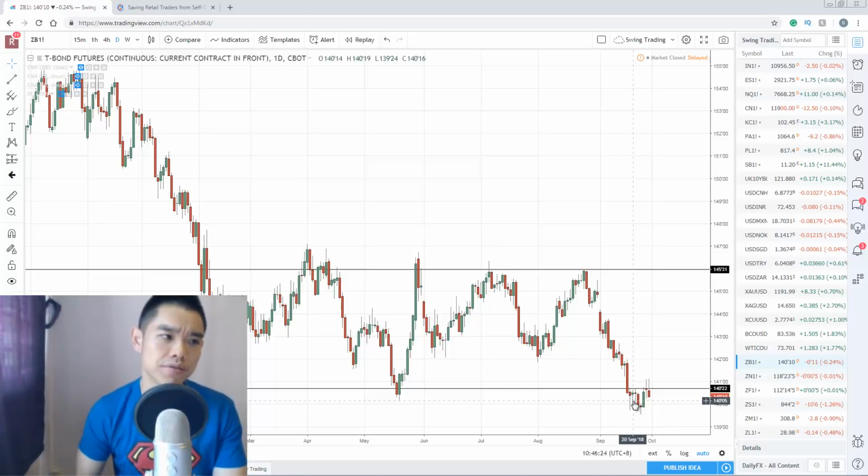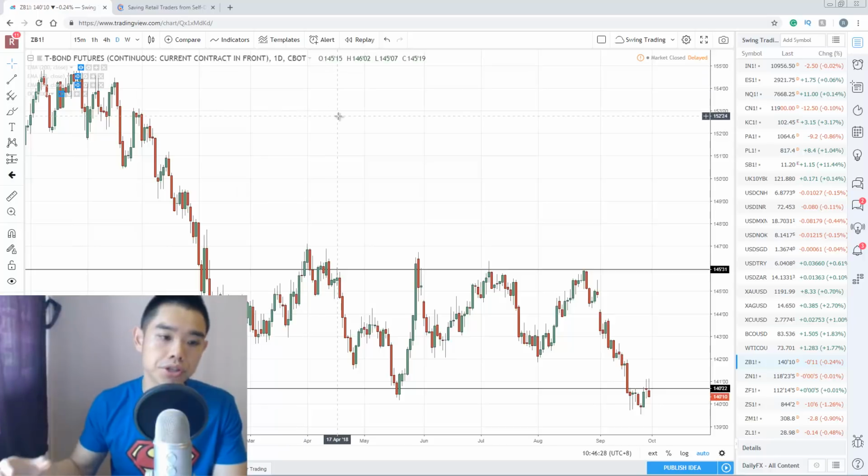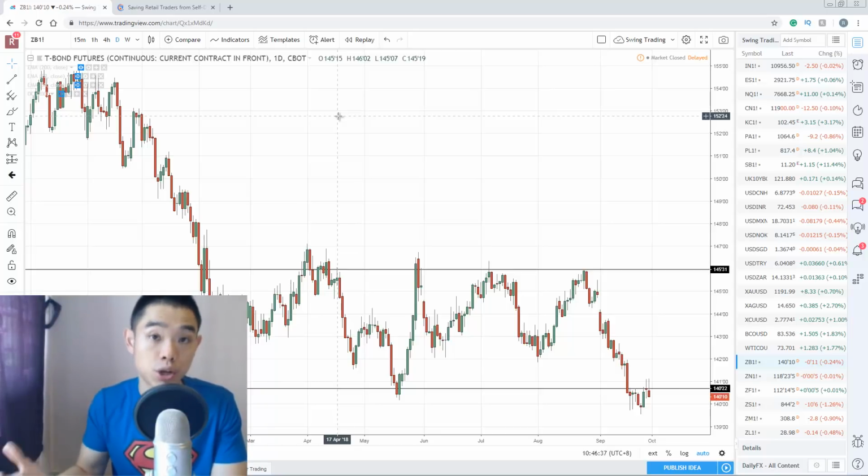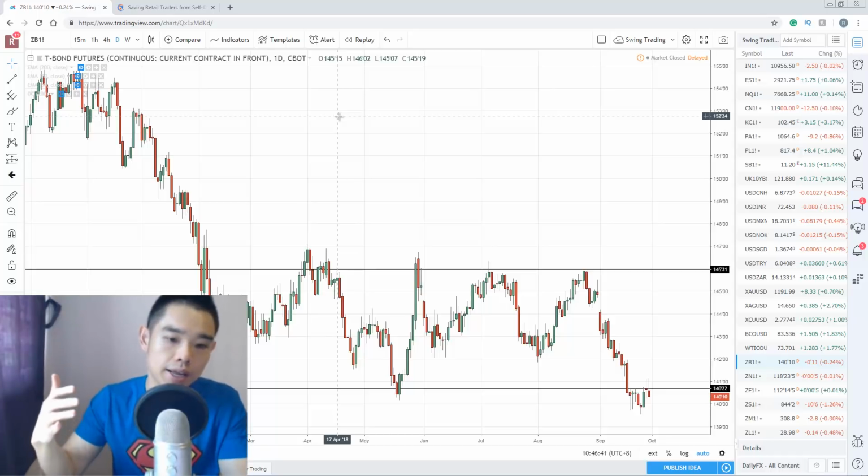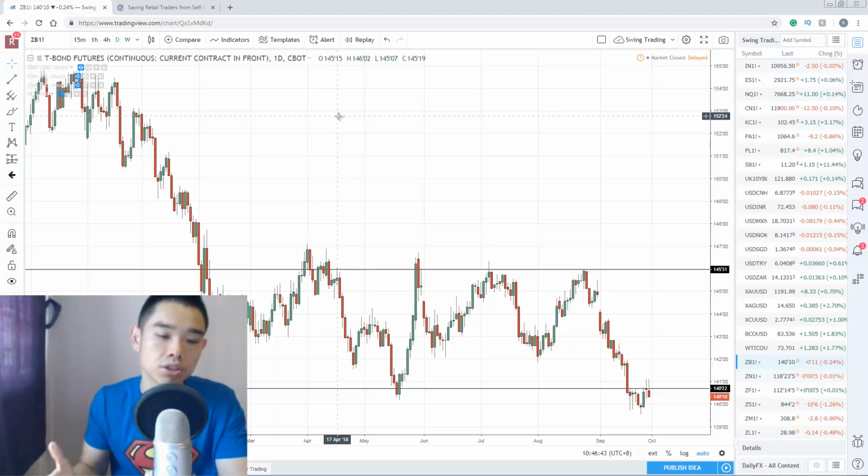So depending on the trade setup that occurs, if it's going to break out higher, I would choose to trade the T-bond futures since it's a stronger market among the other bond markets. If I want to short, I would go with the 5-year since it's the weakest market among the 3 bond markets that I've just shared with you. All right, so these are the 3 core trading setups that I would say are worth paying attention to